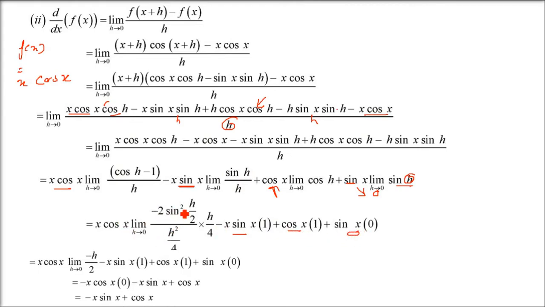And I told you that this is going to be 0. We already saw in the first question, and almost every question this is going to come. So just assume that it is going to be 0. So minus 2 sin square h by 2, you need h square by 4, h was already there, you had h by 4, so you have to have h by 4 here also. This whole is going to be equal to 1, because it is sin h by 2 over h by 2 whole square, limit. Now h is already there, so the whole term will be 0. So what will be remaining? cos x minus x sin x, that is minus x sin x plus cos x.